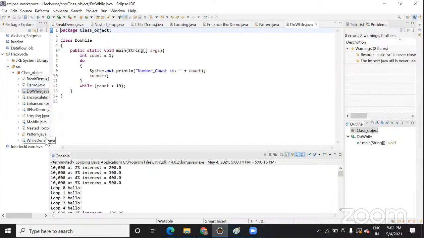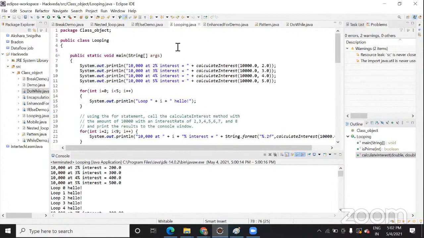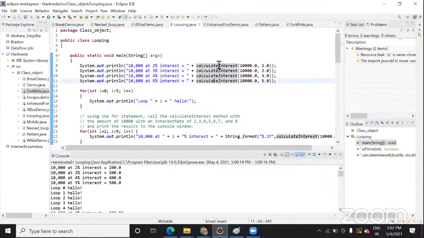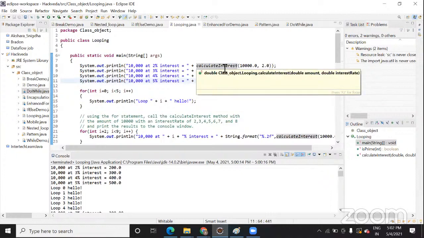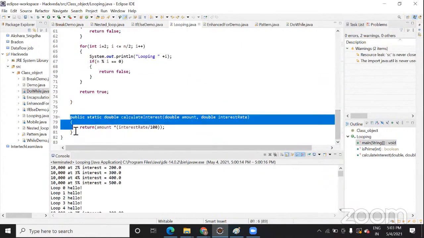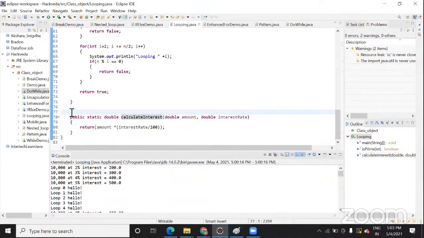So in this way, you can do more hands-on coding. I will upload all this code today. But you can try with the code I have shown you now, the interest one, this looping. This will help you understand how the method call happens, how a method calls its body. Here you have just given the method name, but when you give a method name, it calls its body. And where is the body? This one. This is the body of a method, and it will do the operation given inside the body.